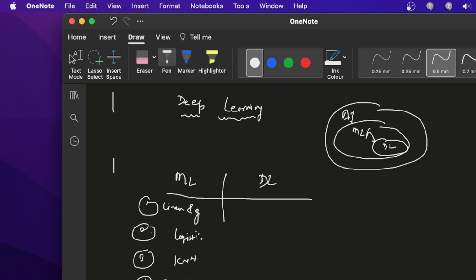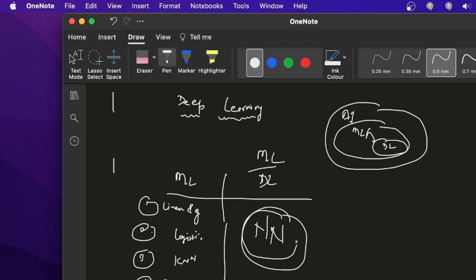These are some more popular models which are included inside machine learning. But deep learning is also machine learning. It is not a new topic, but deep learning uses a neural network to make the model. They are only using the neural network every time.